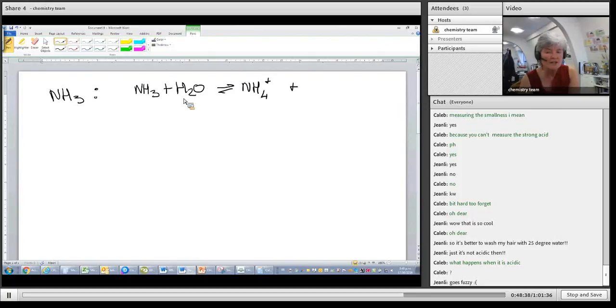If I wanted to now discuss the conductivity, then I would say the equilibrium lies more to the left, so I'm going to have lots of this, and I'm not going to have very much of this over there. So I'm going to have a low conductivity and an alkaline pH, but not very alkaline. If they asked you to calculate something, they may say, for instance, calculate